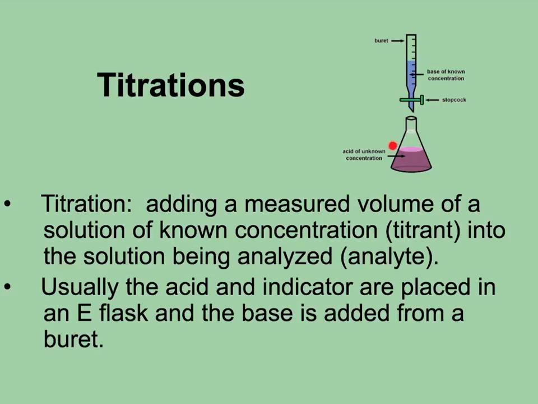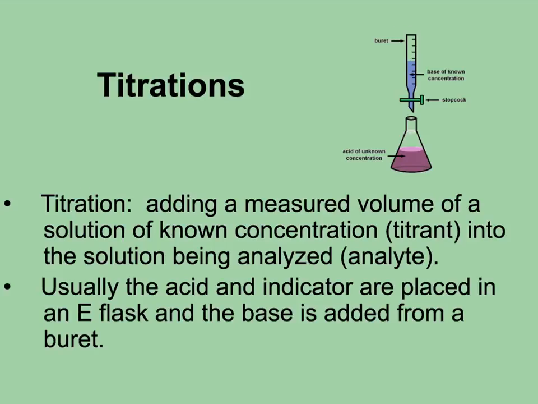So again, the acid and the indicator typically go in an Erlenmeyer flask here. And then you use a burette. If you remember, a burette looks like a really, really long graduated cylinder. So it's very long. It has graduations here in terms of volume. It's kind of a little bit different from